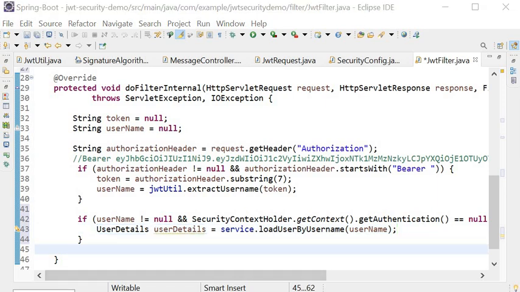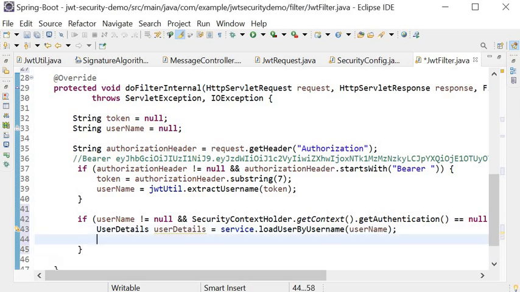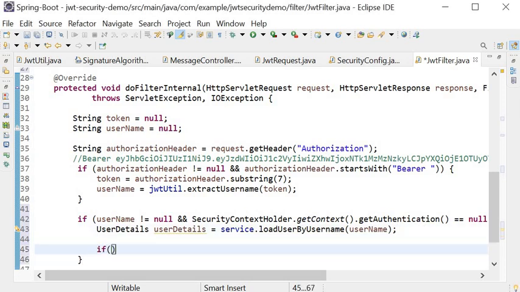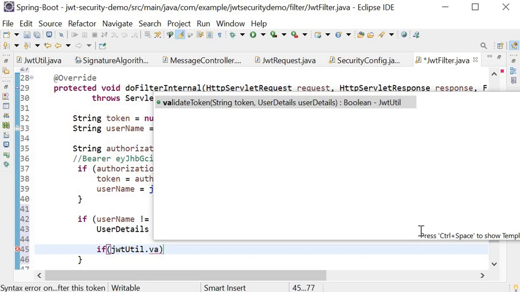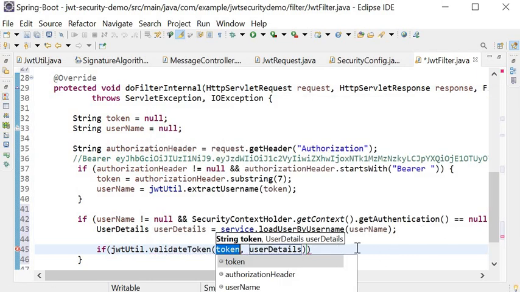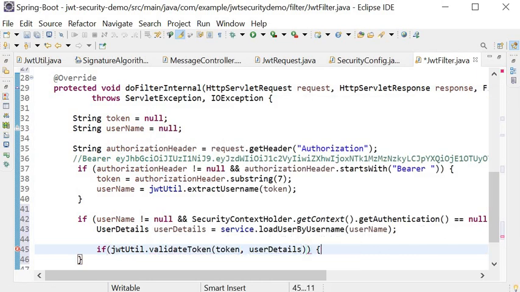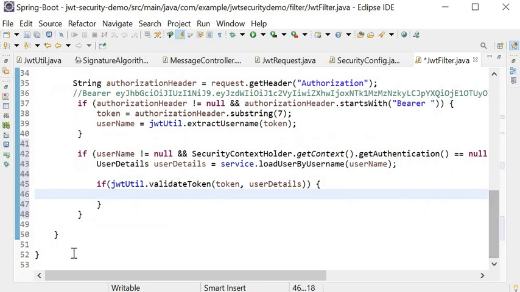Now we need to validate the token, and here we will use jwtutil to validate it. I will write an if with jwtutil dot validateToken, and pass the parameters token and user details. If the token is validated successfully, then we perform the next step.